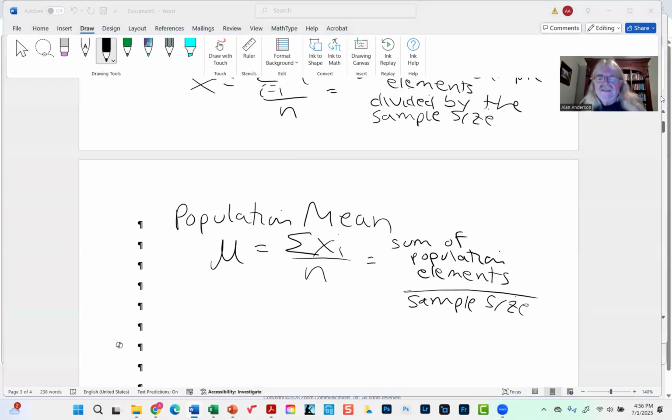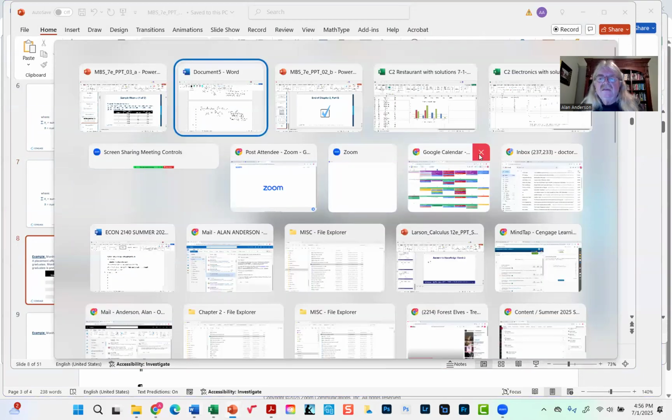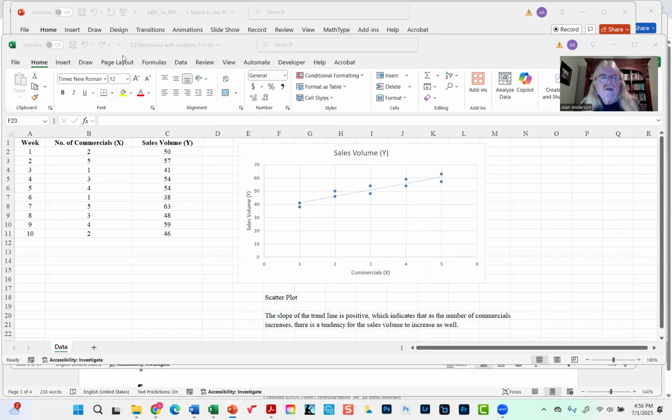All right then. So now this spreadsheet, we're going to do this in Excel, by the way. If you go into chapter 3 in Blackboard,